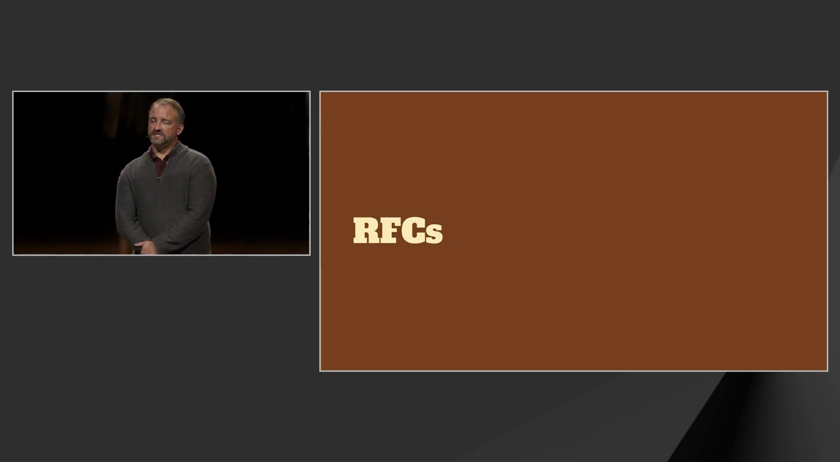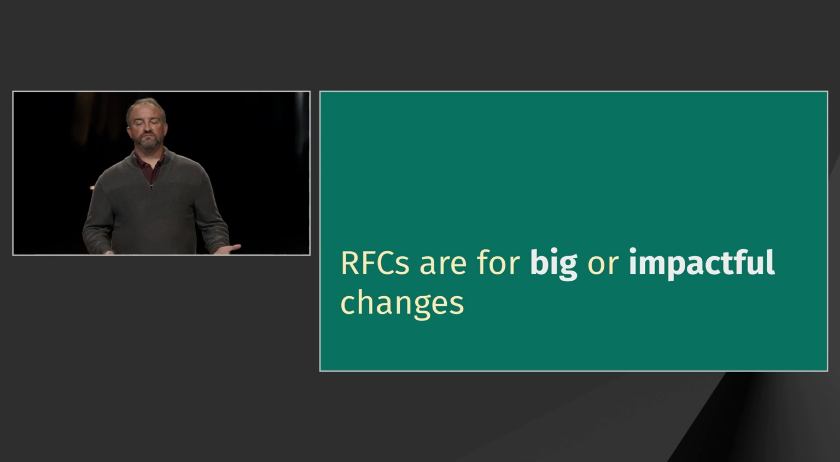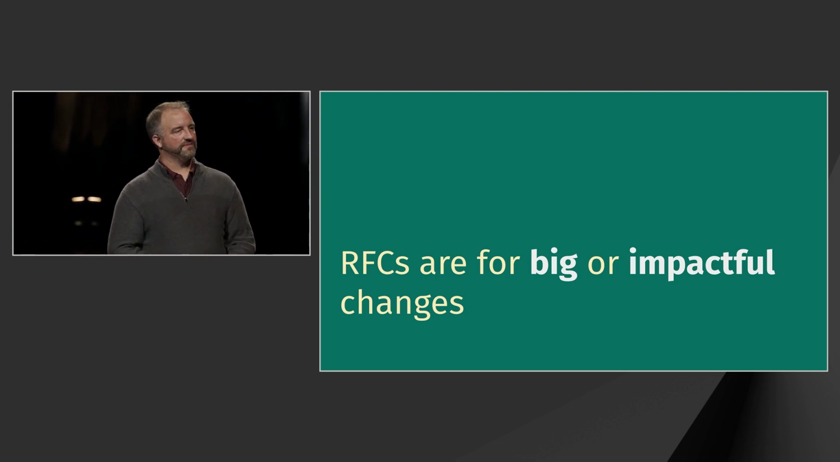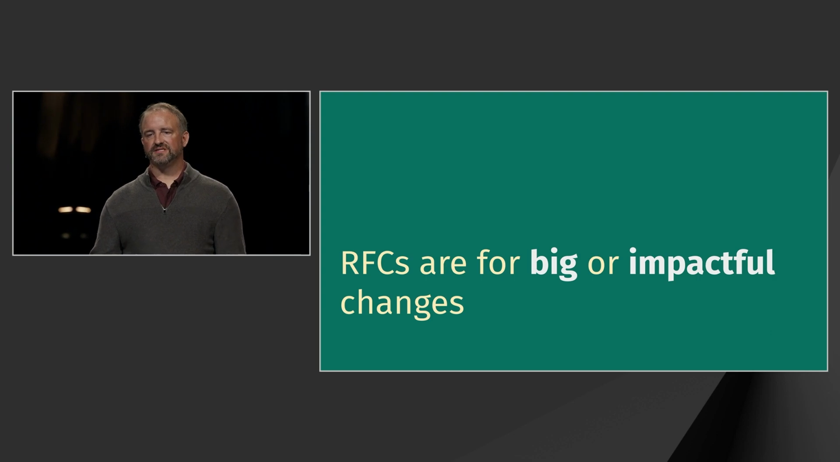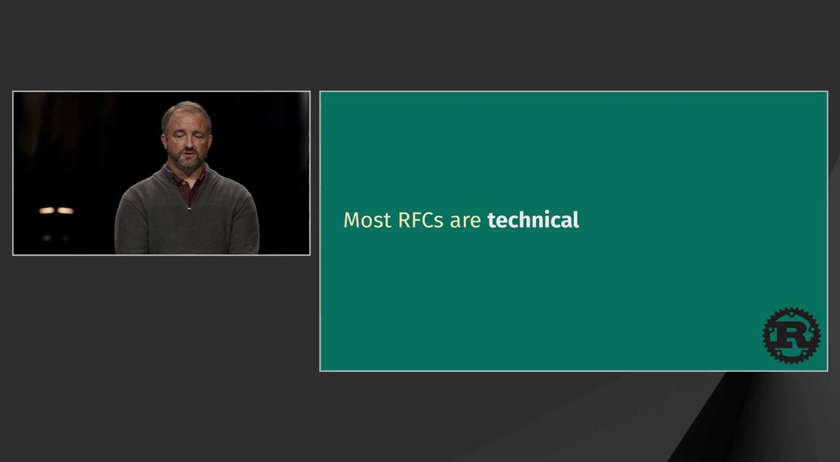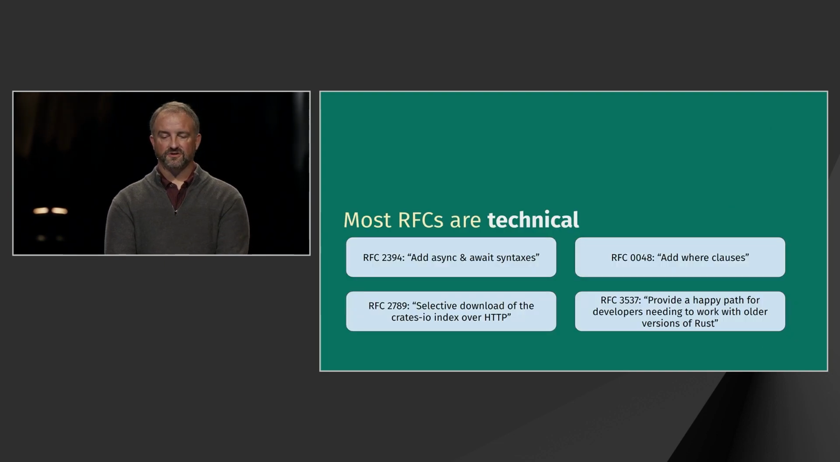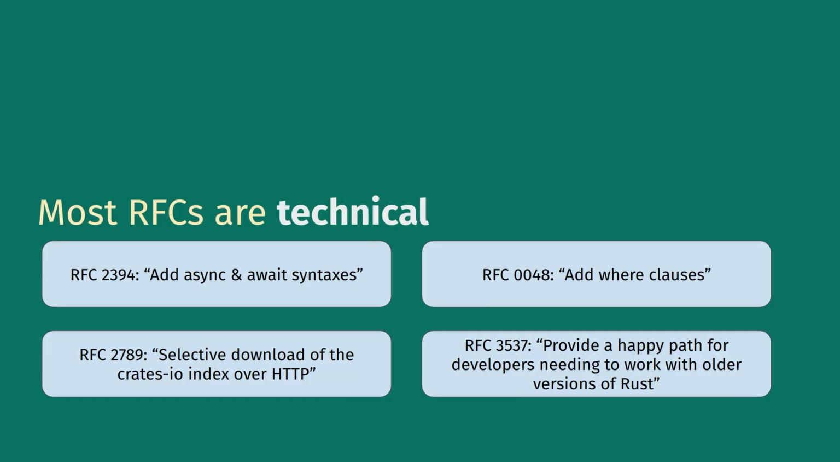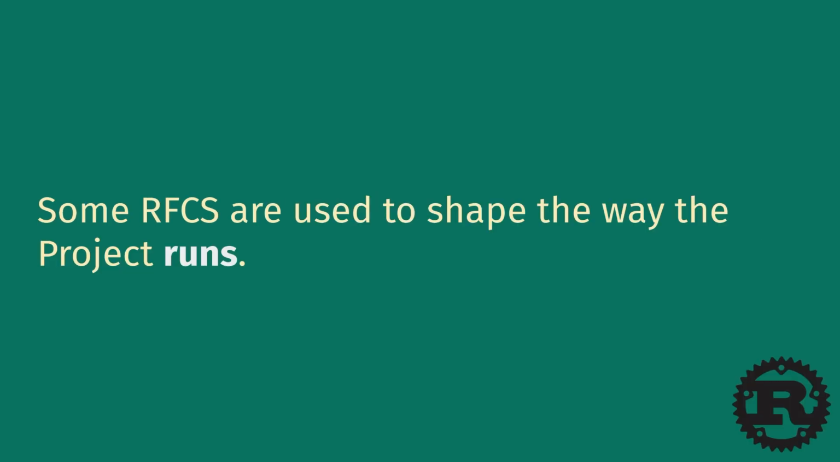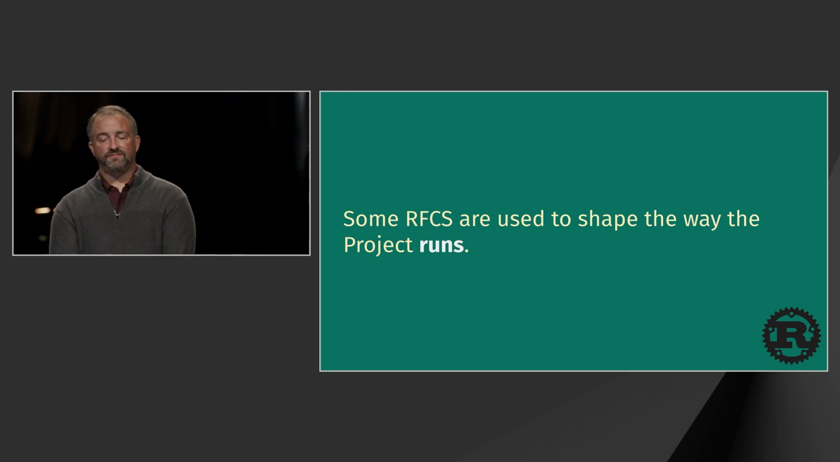So first, let's talk about RFCs. RFCs are for big or impactful changes to the Rust programming language. These are things that tend to span several teams and really set a big direction for the project. Most of the time, those are technical. And so some examples of technical RFCs there are things like adding async and await, adding where clauses, changing the way that crates.io works, or things like that. A lot of especially big major changes to the language are done through an RFC, and then that's discussed and approved and so on. But then a lot of the RFCs are also used to shape the way that the